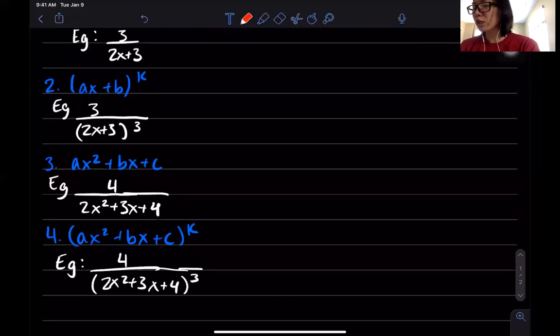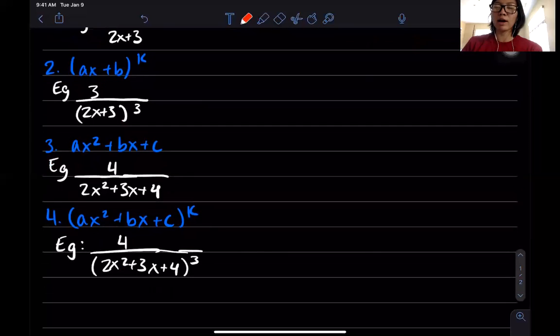It gets a little bit trickier when we hit case 2, because now we have a linear function to some power, right? And so we might initially want to multiply stuff out, but we don't want to do that, because let's say we end up with a power of 4 or 5, it gets super tedious and kind of impractical. So here's when we would start to break it up into partial fractions, right? Because we have the linear denominator to the power of k, that means we're going to have k different fractions, right? So when we break up this fraction, we're going to have something that looks like